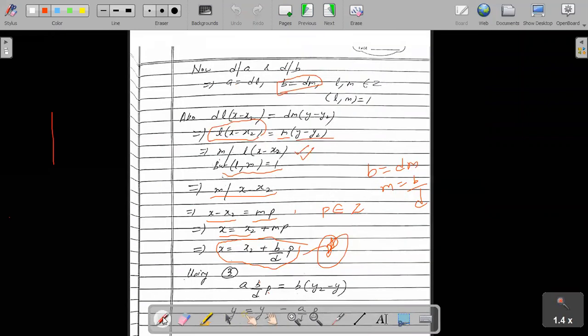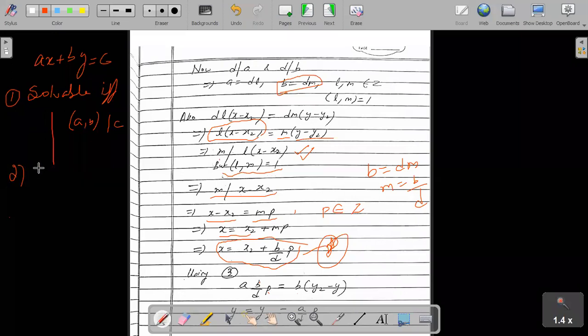So you see, let me just conclude the result. तो जब भी आपके पास Diophantine equation है, ax plus by is equal to c, so very first step you should check is whether the equation is solvable or not. So this equation is solvable if and only if GCD of a and b divides c. Then second thing is you have to find one particular solution, x1, y1. So this is one particular solution. This you have to find on your own, either by hit and trial or a method I'll give you.